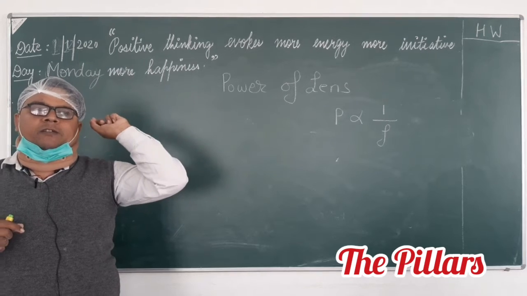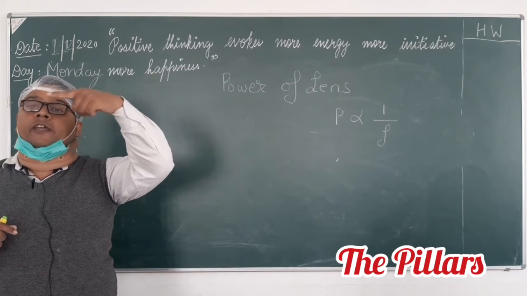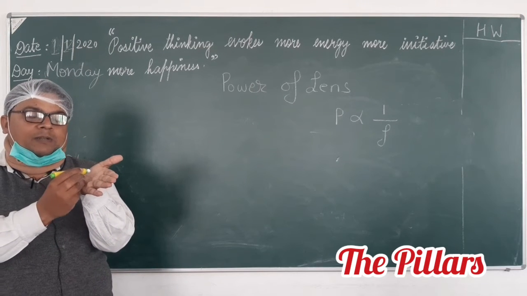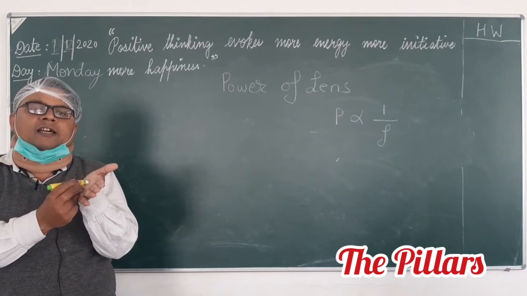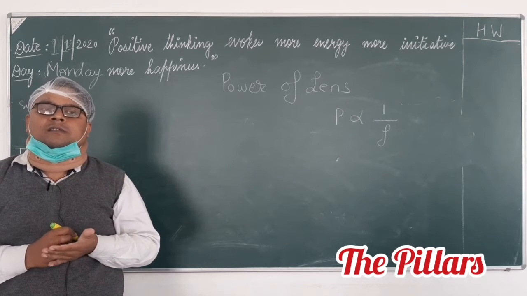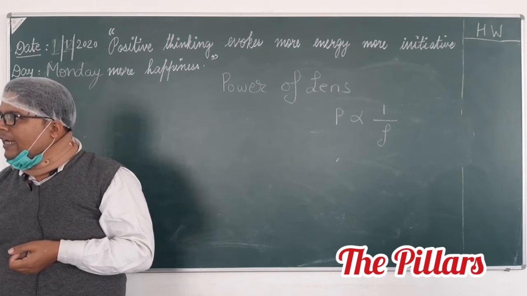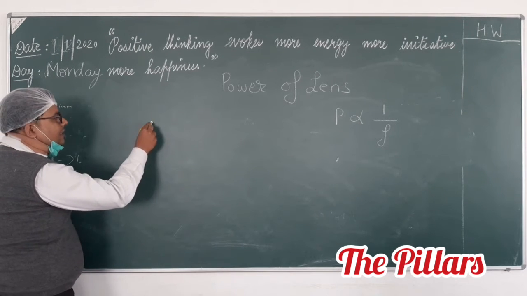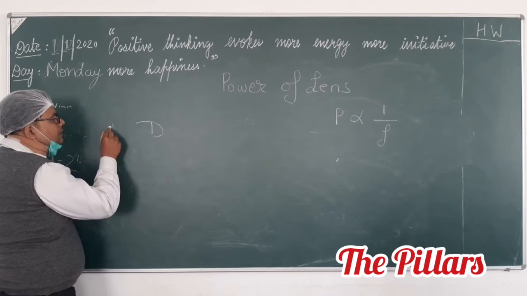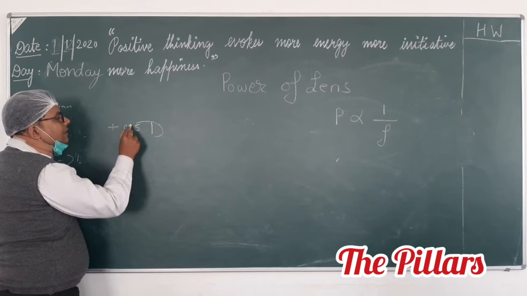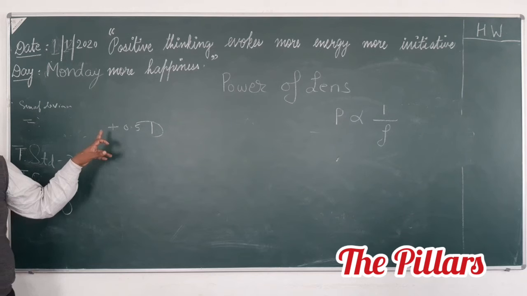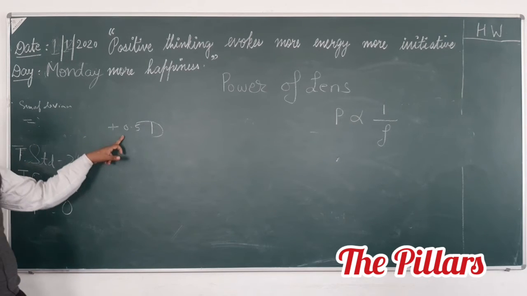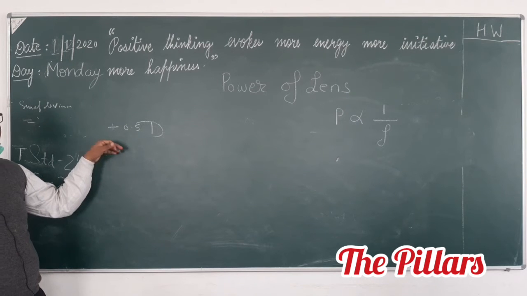Because that is what you see in your prescription. Those who are wearing glasses, where the doctor has given you power plus 0.5 D or something, they have written, na? That D is for diopter. That D is representing the power of the lens. On the prescription it is written like that. So which type of lens is this? Convex. If the power is negative, you are getting concave.